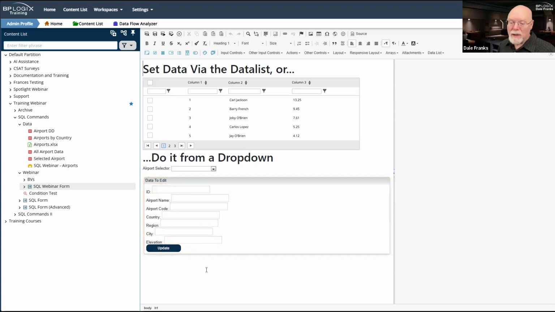I think the best thing to do would just be to run a set form data action and just clear out those fields and force the user to go back in and select another airport, or the same airport to reselect it again. Alternatively, you could just temporarily disable the update button until I click on another field. So there's a couple of different ways to do this.